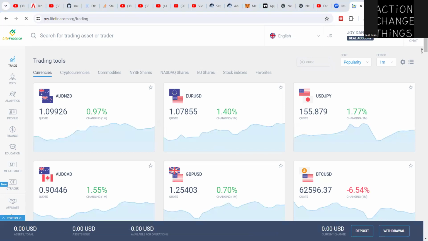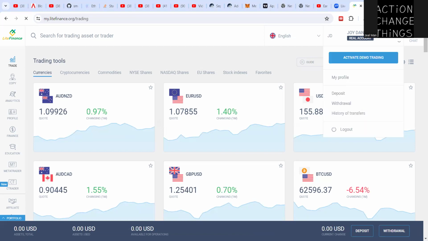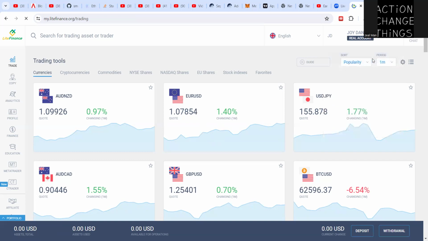It's very important to take note of that. So I want to look up here. You are seeing the name. You see the real account as I'm pointing here. Now, if you tap down, you're going to see where they wrote activate demo trading. I'm going to need you to tap in there to click on activate demo trading, because when you're learning,